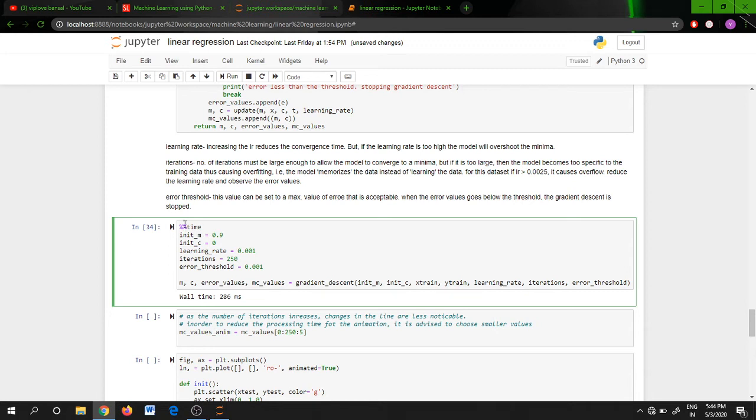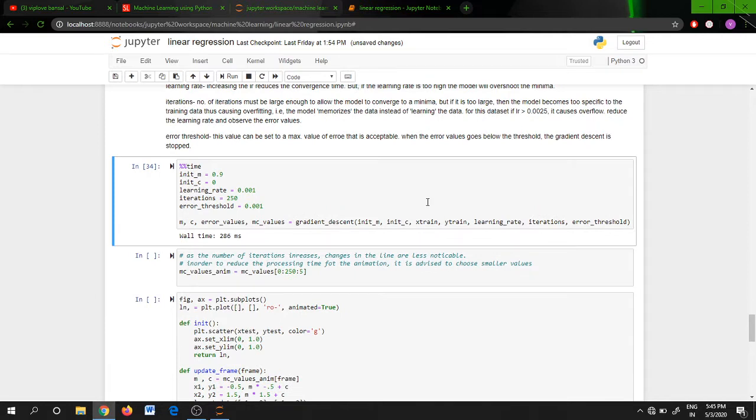One important thing here is the %%time, this double percentage before the time function. These are magic functions in Python. If you are working with Jupyter Notebook, they come in very handy. You should know about these magic functions. This one displays the CPU time it took to calculate it.